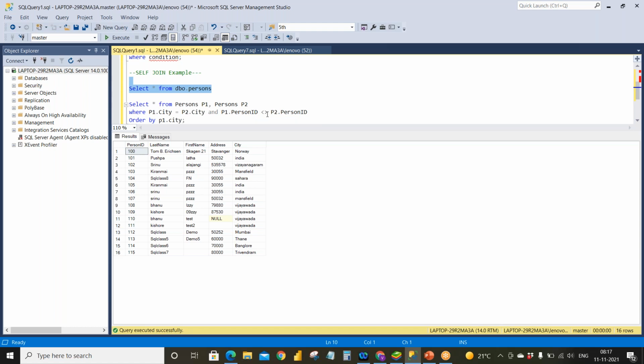If you are not giving this condition, it will duplicate each and every row with everything and give us a result. That's why we need to give a primary key, saying that this person ID is not equal to the second table's person ID, which is the same table itself. So now what happens is, if you observe clearly,